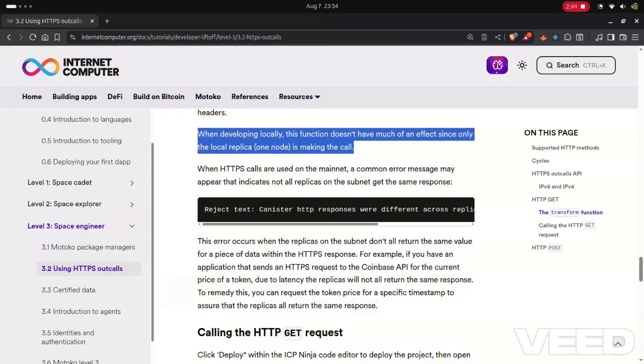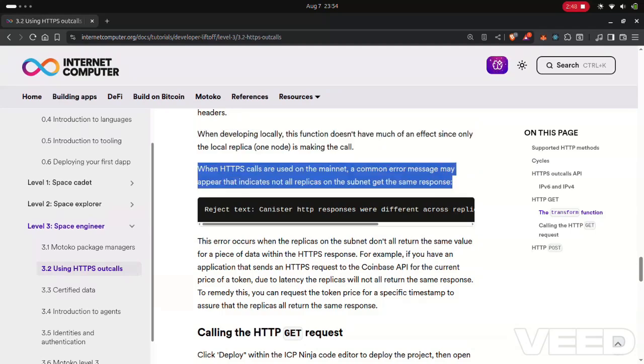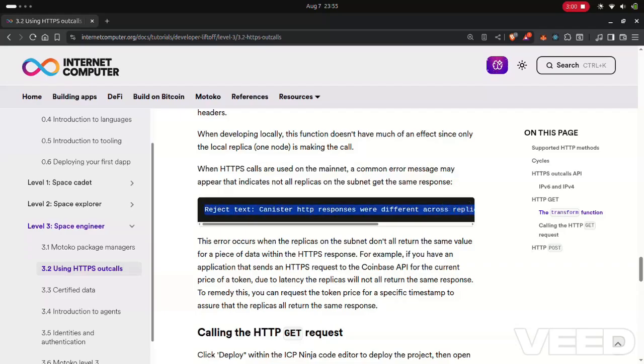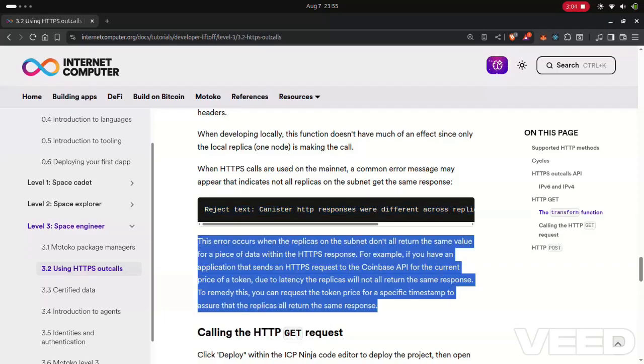the call. When HTTPS calls are used on the mainnet, a common error message may appear that indicates not all replicas on the subnet get the same response. Reject text: Canister HTTP responses were different across replicas, and no consensus was reached. This error occurs when the replicas on the subnet don't all return the same value for a piece of data